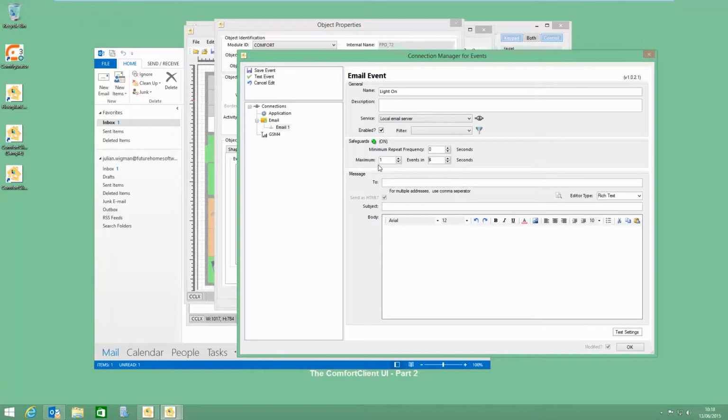So if I set the maximum to be 1, the number of seconds to be 4, that means that it will trigger on a maximum of 1 event in every 4 seconds. I can combine them together as well if I want to, so I could trigger a maximum of 1 event in every 4 seconds,